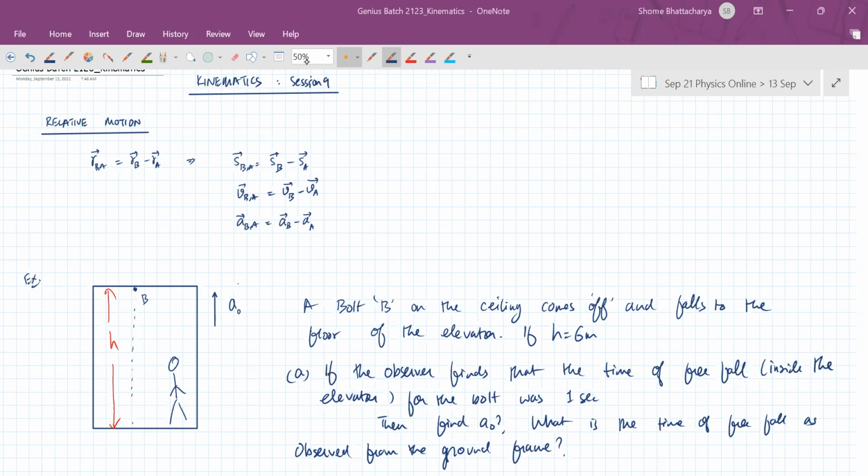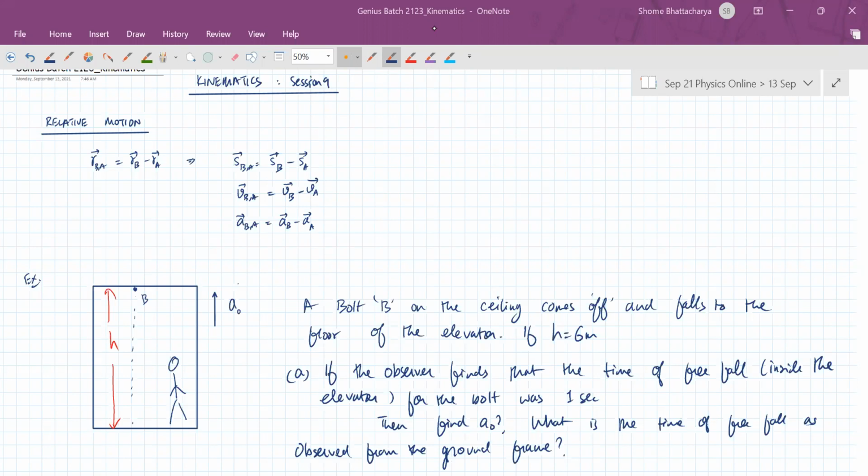Yes, very good. Anirudh and Arnav, your answers are correct. And Janvi, your answer is correct also. What about the acceleration? So which acceleration? The acceleration of the elevator, you have to find a0. That is the answer. Anirudh and Arnav, your answer is correct. Okay, Janvi,